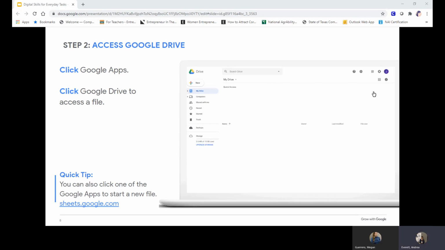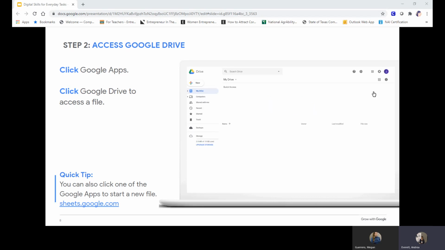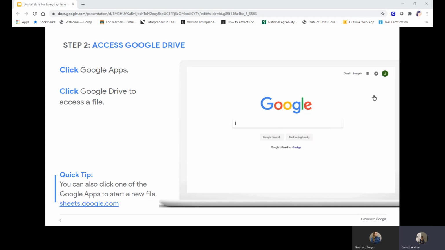So Google Drive allows you to store, access, and share files like documents, slideshows, forms, and photos in one place. Instead of being stored on one computer, your Google Drive files are stored in the cloud. The cloud is a safe place on the internet where you can save important information. After you save something on your Google Drive, you can easily access it from any computer, smartphone, or tablet with internet access. Files stored on Google Drive won't get lost, even if your computer crashes. And the projects you create with Google applications are automatically stored on your Google Drive. You don't have to remember to click Save.